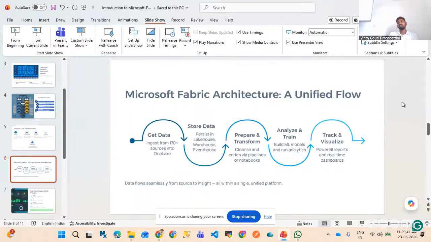And then if we need to do transformations or prepare the data for further steps or to prepare some dashboards or insights, we need to store the data in different layers. First we'll store it in lakehouse files, which is the raw data, and then we'll perform transformations on that data, and then we'll store it in a different layer or table formats, and then we'll again do transformations or aggregate the data,